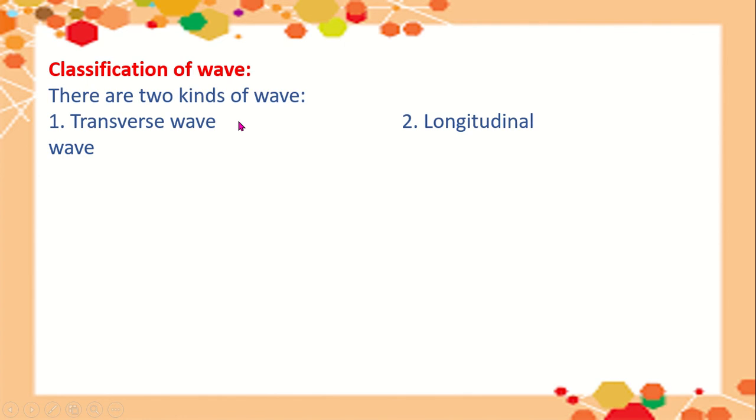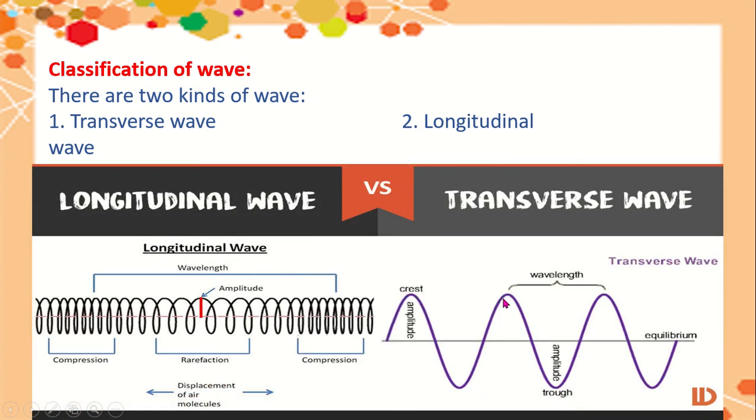Now, classification of wave. There are two kinds of wave, transverse wave and longitudinal wave. So let's look at the picture of transverse wave and longitudinal wave. Longitudinal wave, look here. Longitudinal wave propagates by making compression and rarefaction. Look here, in case of spring, when the spring is compressed and the rarefaction of the spring is shown. So in this way, by making compression, rarefaction, compression, in this way the wave moves or propagates,